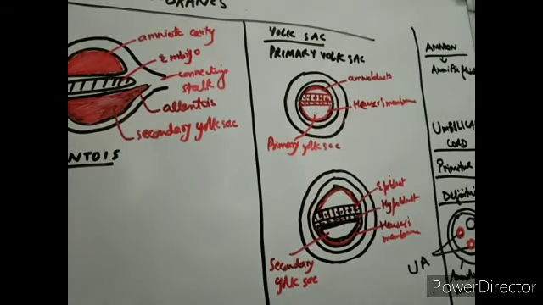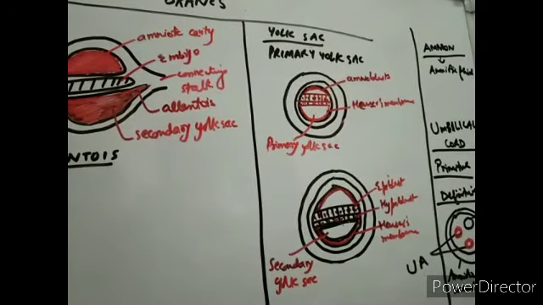The next fetal membrane is amnion. So basically here we see that the amnion develops dorsally to the germ disc and also communicates with the yolk sac for a short while, as we saw in the neurenteric canal in the video of notochord formation. If you have not seen that video, you can watch that in the playlist of embryology. So for some time it communicates with the yolk sac.